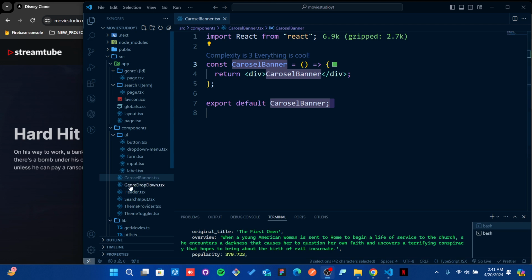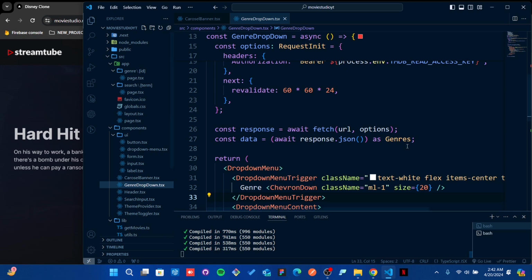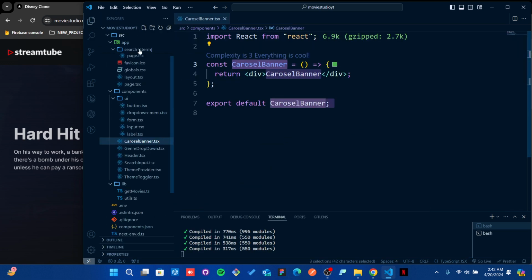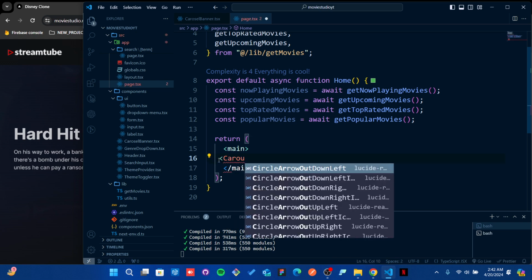I may forget to remove the log, and that one, it should be genre drop down. No, I removed that. Yeah, it's previous data. Okay, so now in the carousel we need to import that one in our page. So let's go back to the page. Instead of that data, I'm gonna keep that carousel